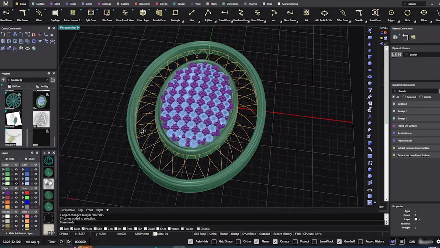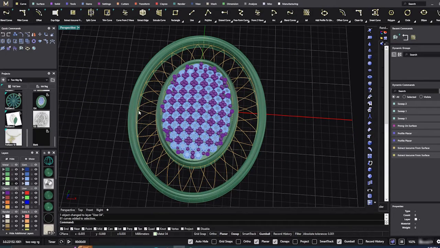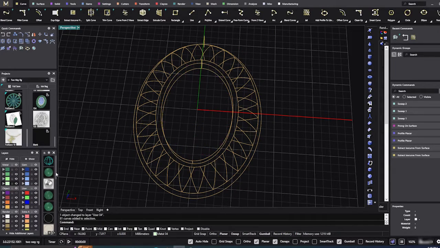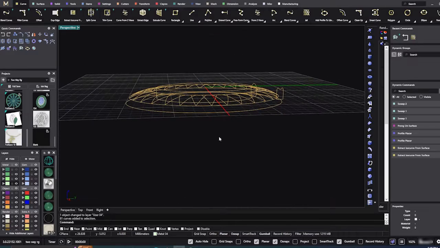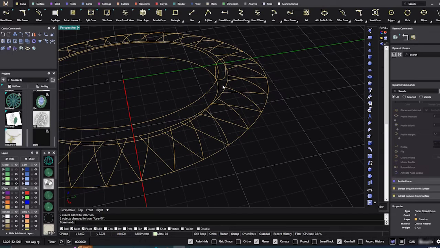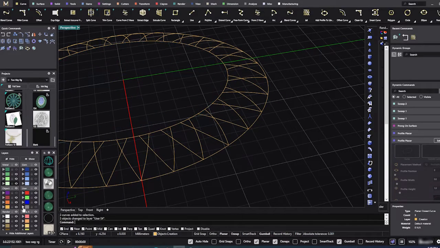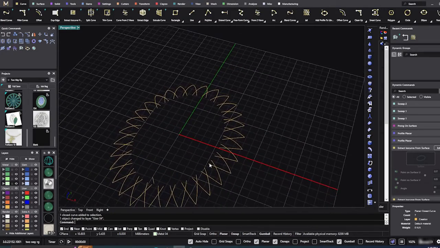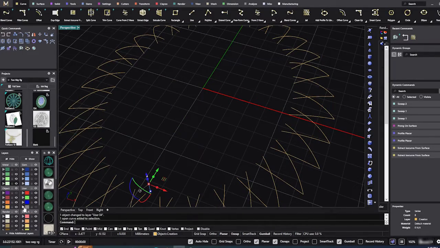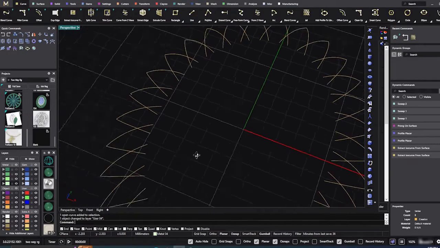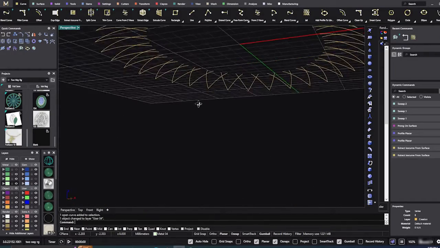Alright, so right now we're going to make a few adjustments. So I'm going to turn off green, turn off my gems, turn off my prongs, and we just have our creation layers out there. And I'm going to take those, switch that to gray, get rid of all this stuff that I don't want to mess around with. And I'm going to take this inside curve, turn it to gray, and this curve here, gray. So we just have this out here. And this, gray, there you go. And right here, this little thing here I don't want, right? Is there anything else that